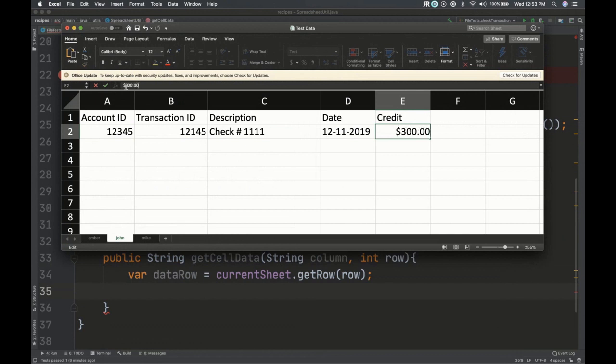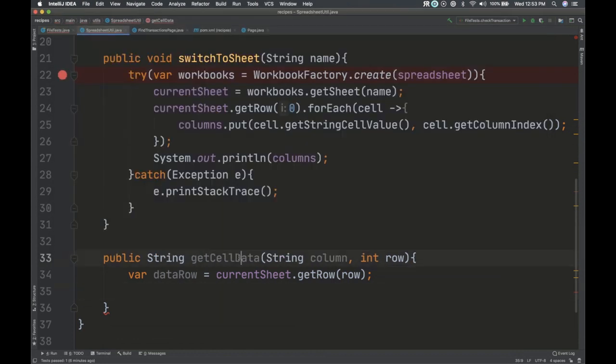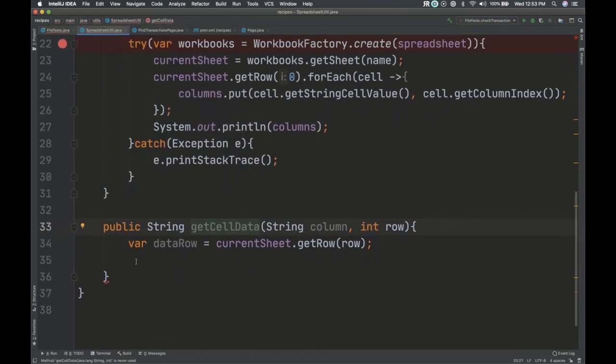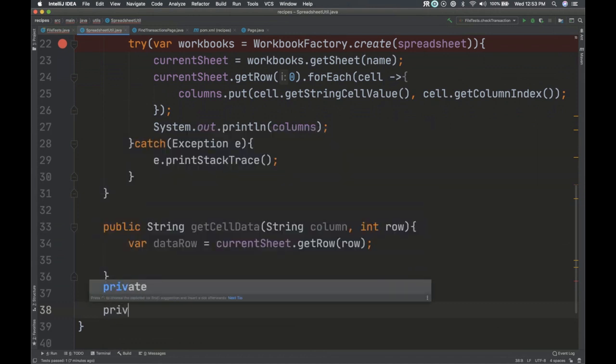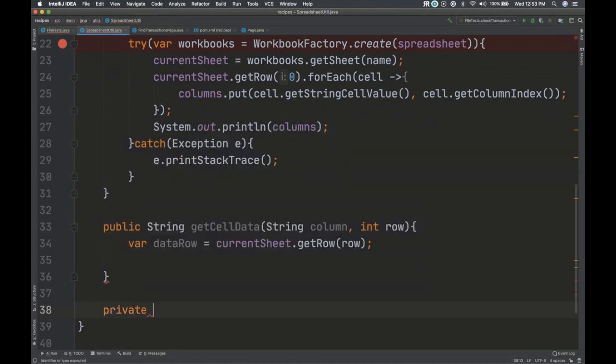Excel is so presumptuous, you know, like don't change my data. All right, but what I want to do is get anything as a string. I don't care that it's a number or something like that. So I want to make another method to do this nasty work that we need to do using this library. This is my least favorite thing about the library. So I'm going to say get cell data as string, and I'm making it private.